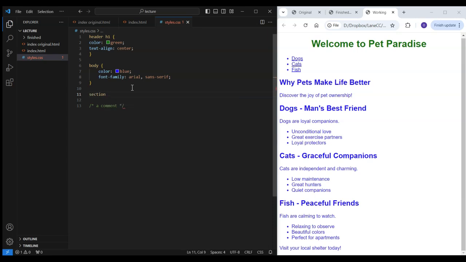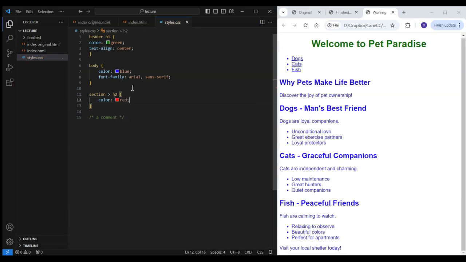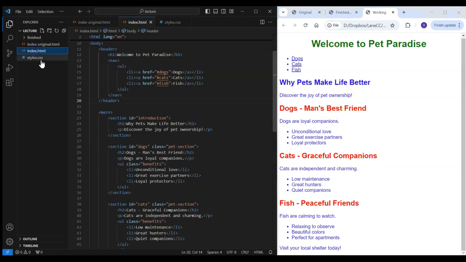I'll use the child combinator, and then in this case H2 is where I want to apply this with our brackets, and we'll make this color red. So if I refresh this, we will have now placed the H2 elements which are within the section